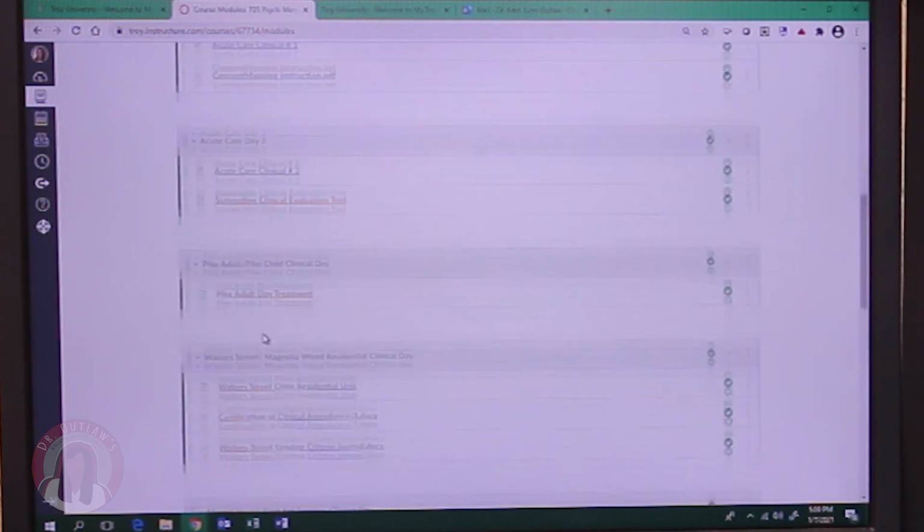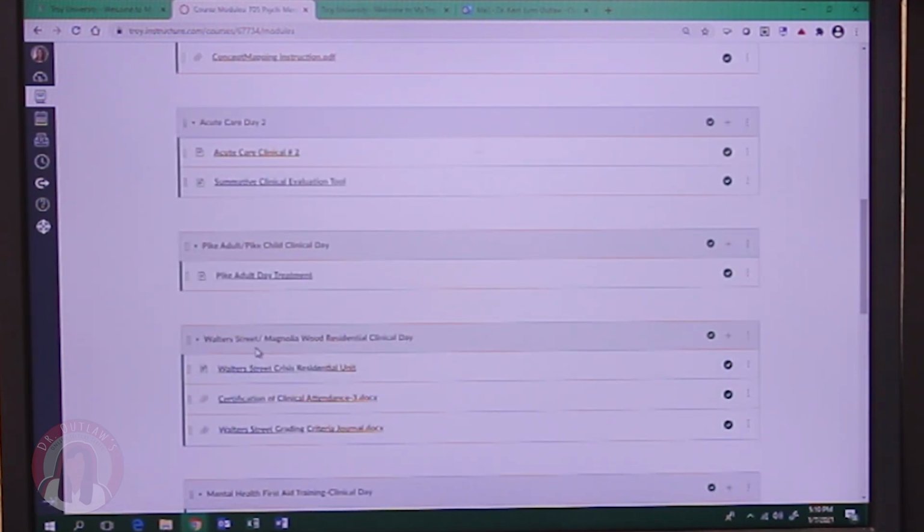Okay, moving on to Walter Street and Magnolia Wood Residential Clinical Day. Again, this is another experience that you will be attending. Now, a lot of the experiences for psych are done in small groups of 2 to 3 people. The only ones that you will be doing your whole clinical group for will be your acute care days in